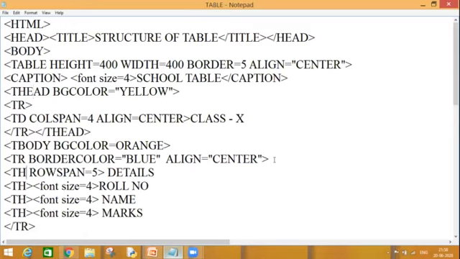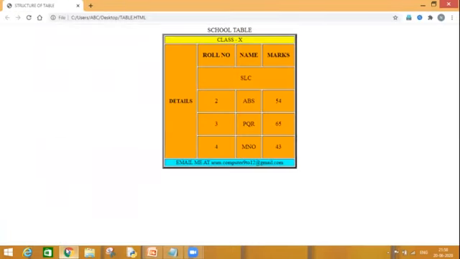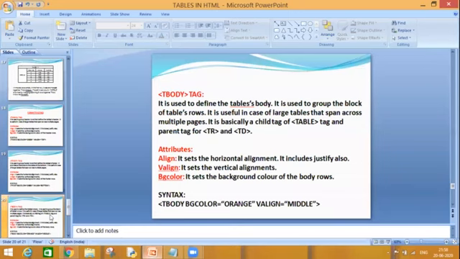So I would say my table details, Control S, and so my THEAD is yellow, my TFOOT is tan color, and my TBODY is orange color. I hope this is clear. These are new formatting tags which were newly introduced in HTML. So children, I would request you to recapitulate everything on a daily basis and do practice.